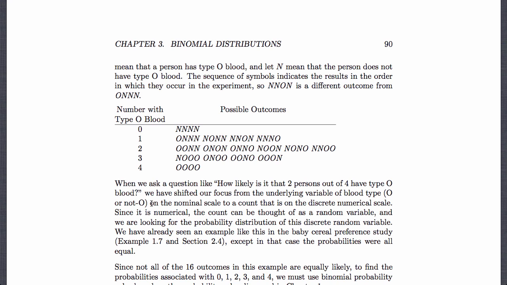Now, how many ways can I get exactly 2 that have type O? Well, that's 4 things taken 2 at a time, right? So there are 6: 4 factorial over 2 factorial times 2 factorial. So there are 6 of those, and this is 0.6 squared. And so I can use the basic rules of probability to compute these,